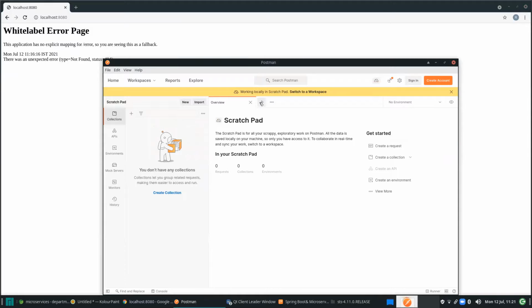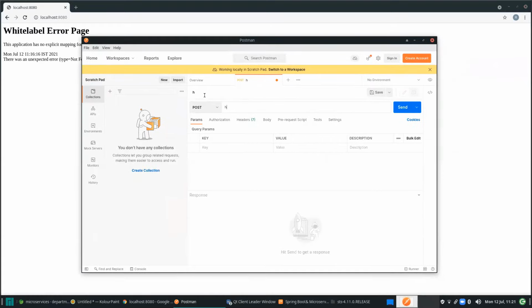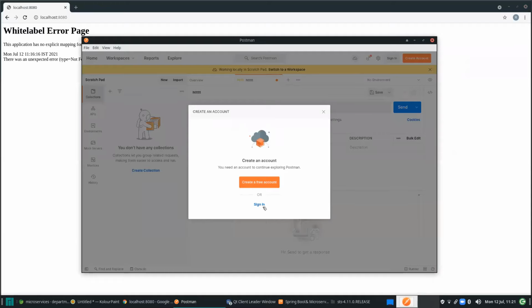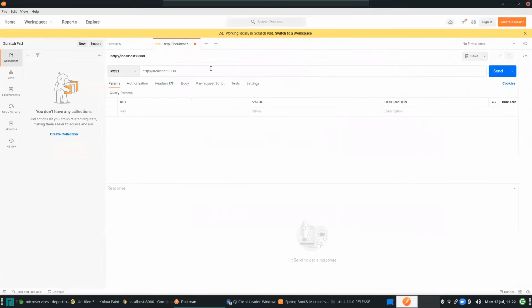Postman. I'm just going to create one request. It is the POST request, that's what we have given, right? So http://localhost:8080/departments.